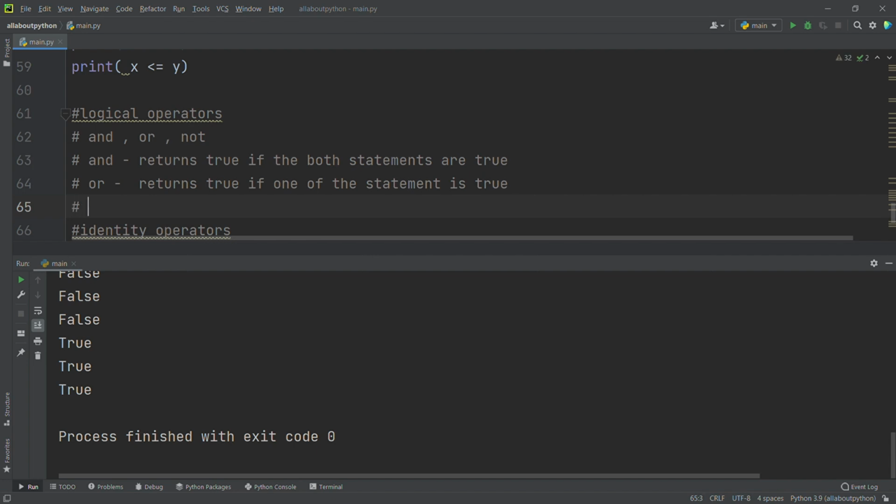And for not, it reverses the result, so if the result is false, then it is going to be true.